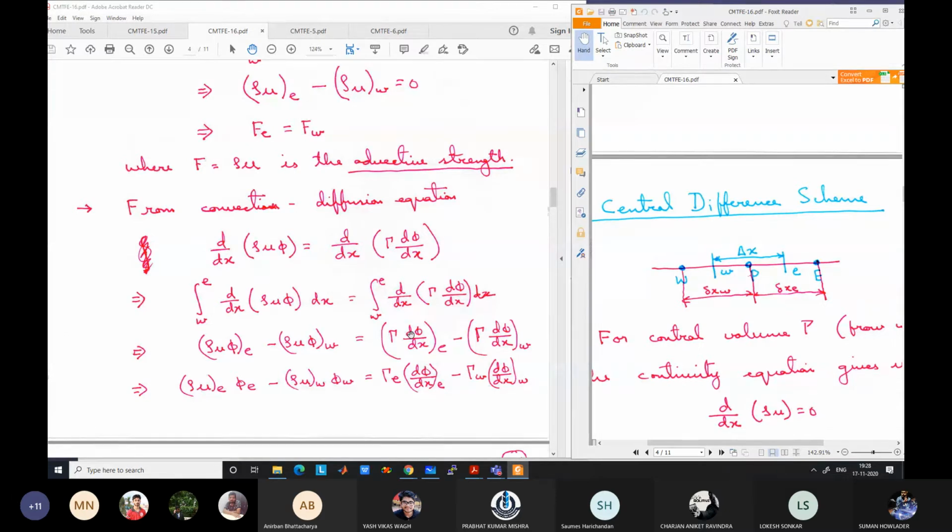What we have done is we have taken a step-by-step linear profile assumption, and then written phi in terms of that for the east and west interface. The same thing we are going to do here, and for the new unknown terms, we will see what can be done. So the challenge here is to develop the discretized equation for these new terms.